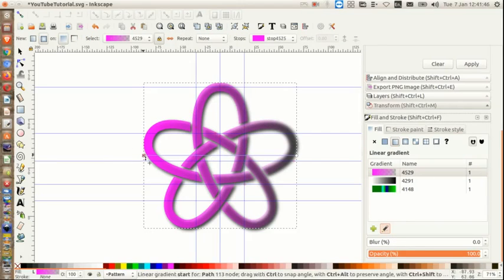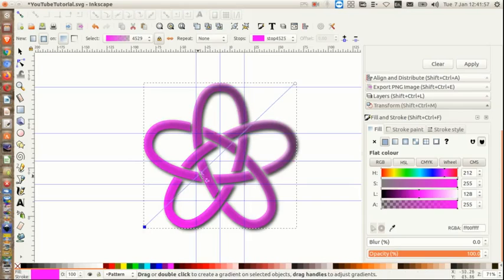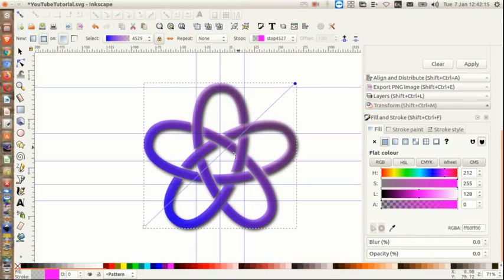And for a linear gradient, you start off with these two control points. I'm going to put them diagonally, corner to corner. And I'm going to change this colour here to a light blue, medium blue. Change this one to a dark blue,